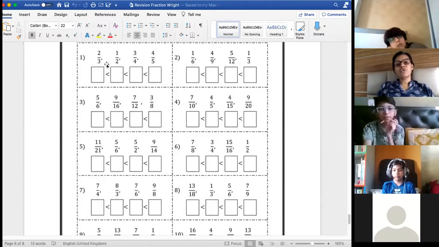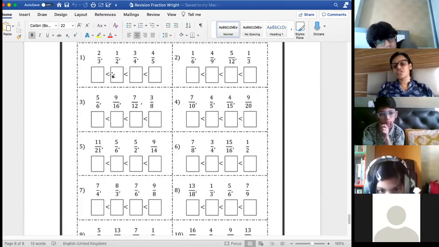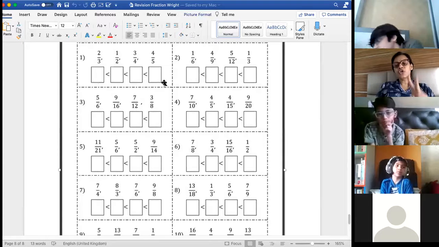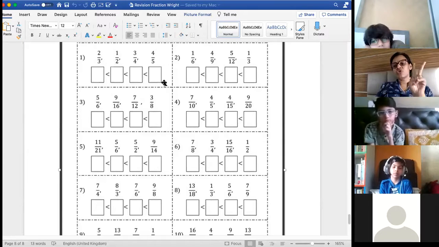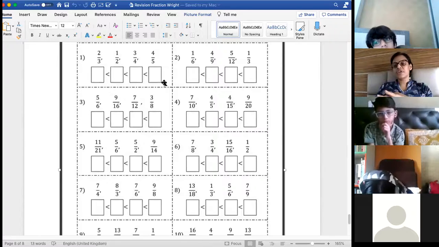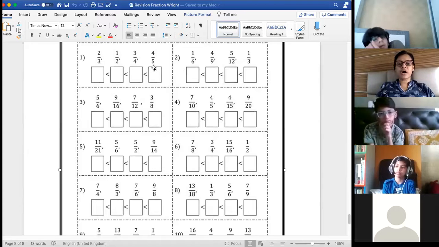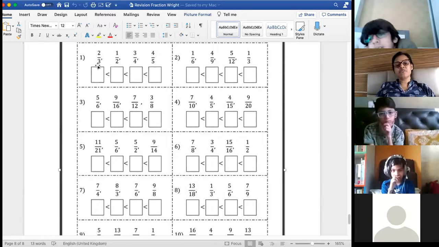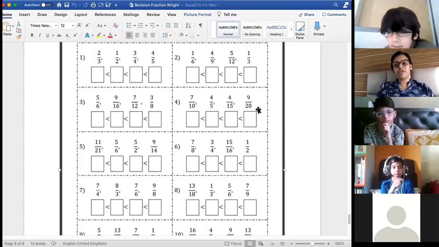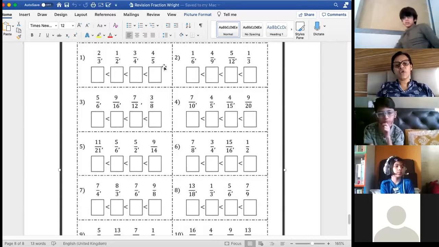Now you have to arrange it. This is also comparison, but you have to arrange 4 fractions into increasing, ascending order. When there is a comparison for 2 fractions, you will cross multiply and see which one is greater and smaller. But when you have 4 or 5 fractions to arrange, your first step is to make the denominator same. How will you make the denominator same? By finding the LCM. So find out the LCM of 3, 2, 4 and 5.